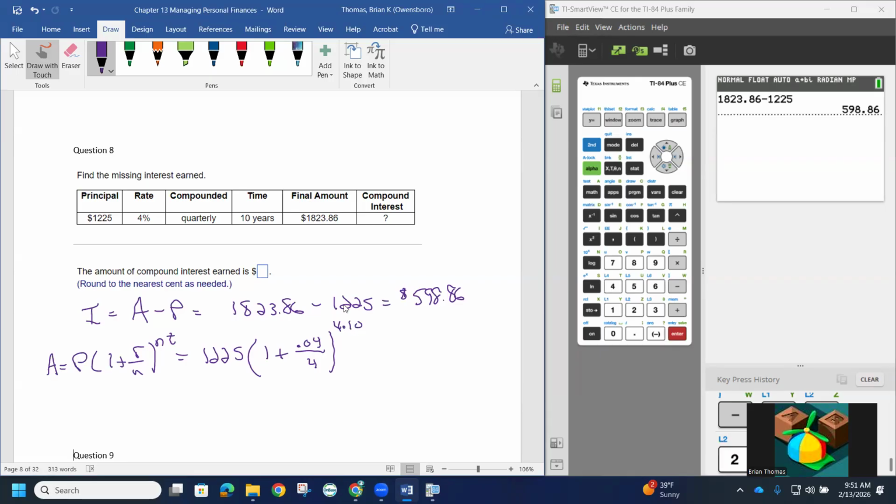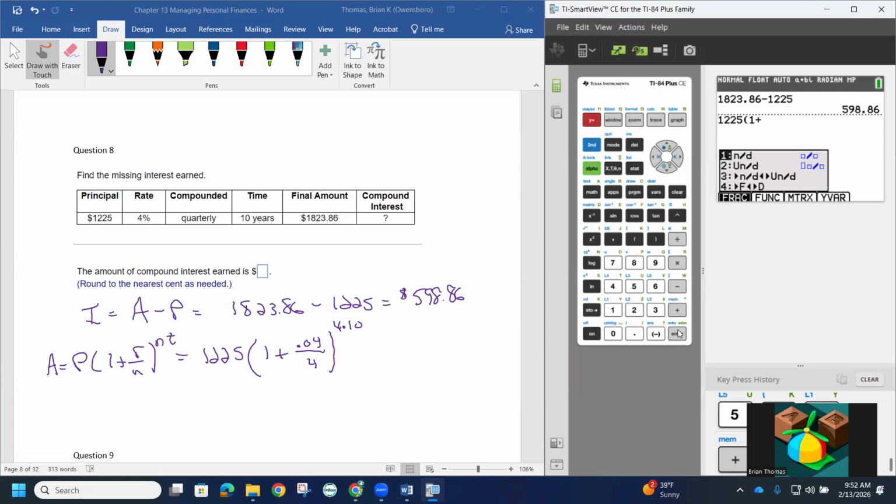So if we put this into the calculator, we should be getting this final amount. So 1225 is our initial borrowing. And then we have this 1 plus, and I like to use a fraction here. So alpha y equals gives me this little menu. Choose number 1, hit enter. There it is. I got a little fraction looking thing, numerator, denominator. 0.04 goes on the top. And since we said quarterly, that's going to be 4. Come out, close parentheses, raise it. And since I know that 4 times 10 is 40, I'm just going to go ahead and put a 40 there. Hit enter. And we do get